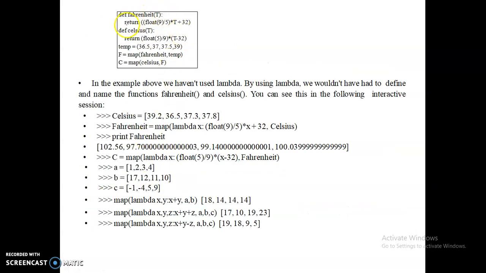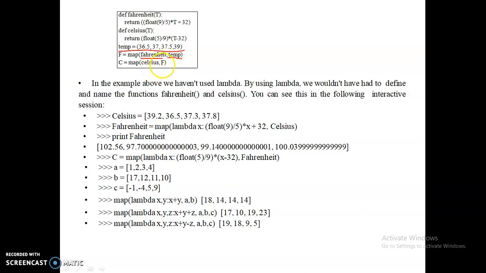Next, here are some functions like this. One is to calculate the Fahrenheit value of T, another to find the Celsius value of T. Here we have a list of temperatures like this. Now I want to apply map of Fahrenheit comma temp, that is, on the list of temperatures I want to apply the Fahrenheit function.